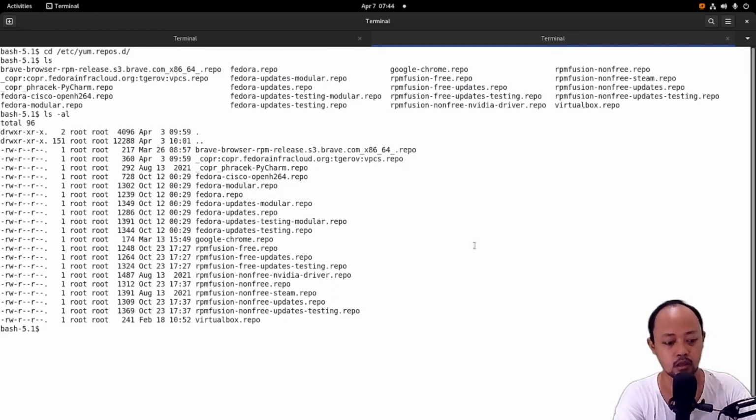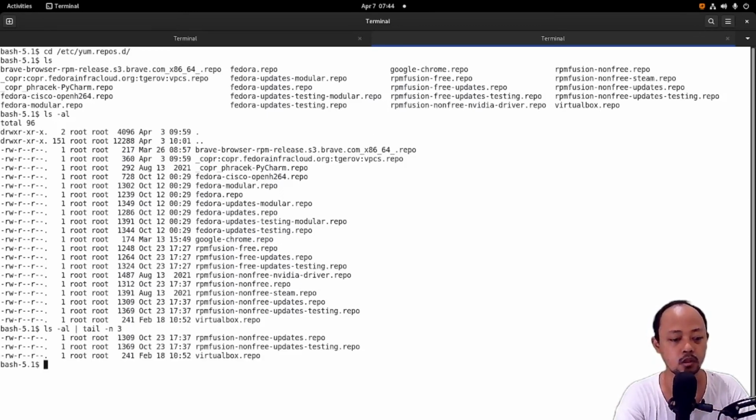How if I use the tail command, ls -al piped with tail -n, I will print the last 3 lines. Okay, so this is the output. We can pipe this tail command with another command.